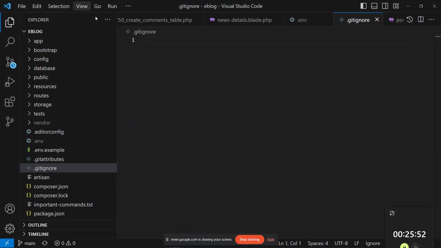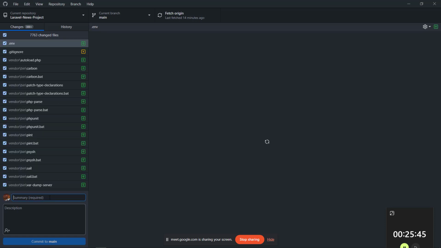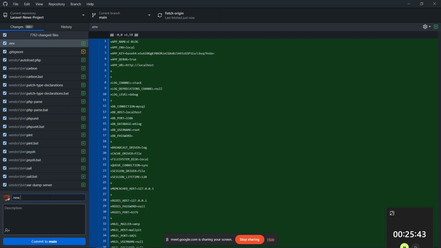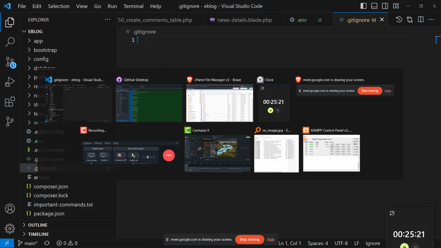the next thing is we have to create a database for our project. So I'll simply come here to cPanel again, and then come to MySQL database, okay? Inside there, I'm going to create the database for our project, okay? So I can say Laravel news project, something like that. So I say create, and then after,